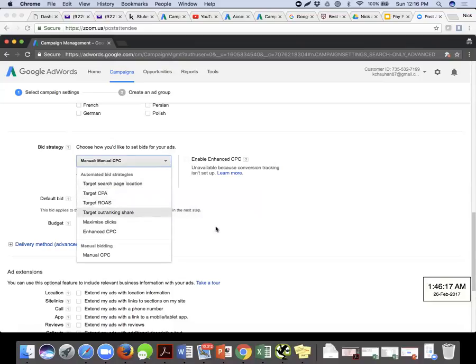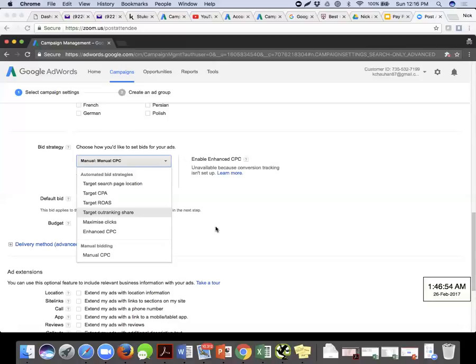All right. Outranking share is where I tell Google AdWords that my maximum budget per day is, let's say, 500, and 50 rupees is my maximum bid. When I select outranking share, I'm telling Google, with 50 rupees per click as my highest bid and 500 rupees as my budget per day, I want you to increase or decrease the bid, keeping in mind that my competitors should be outranked by me, and I should always be on top. The top one is the first search page location.